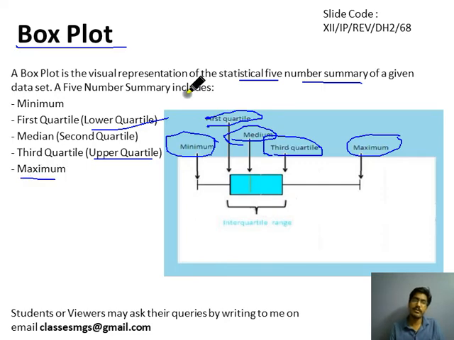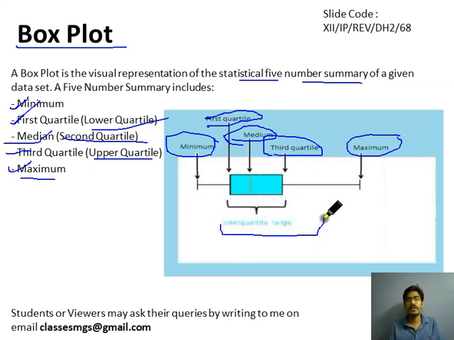We use the box plot to represent the summary of the particular data set, like minimum, maximum, first quartile, that is lower quartile, third quartile, that is upper quartile, and median, that is second quartile. To display this much information, you will use the box plot. Generally a theoretical question may be asked on this topic, so you should remember this. This is the mean line that is shown in red color here. We will see how we can display this mean line and these things using code in the next slide.